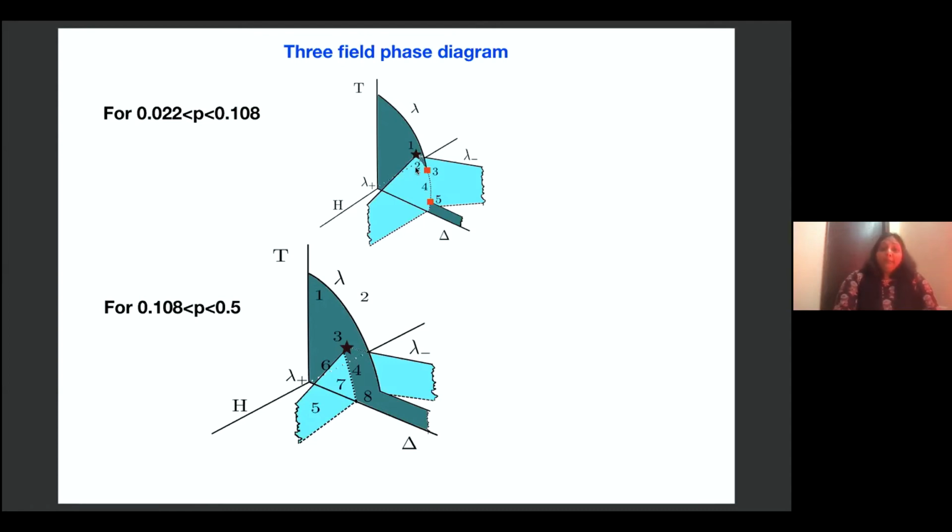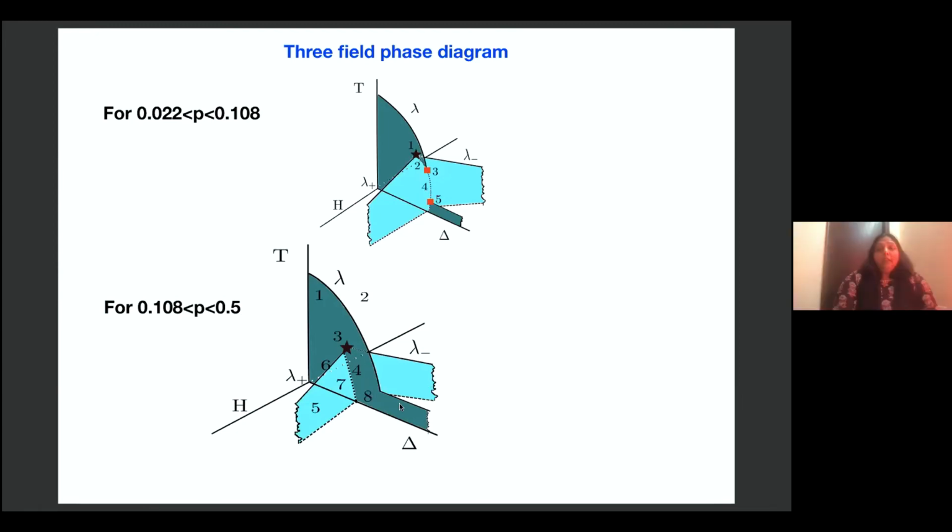And not just that, if this happens to the tricritical point, the obvious question is what happens to the wings, the two critical lines which come when we switch on the external field. And we find that those two lines stay, but now they meet inside the ordered phase at h equals 0 at the black star that you see. And this point is now actually a bicritical point, because here instead of 3 lines, there are 2 lines which are meeting. Now, if we increase the disorder further, the first order